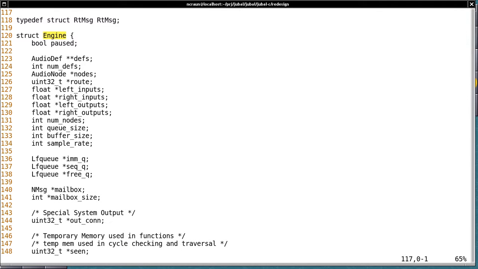Okay, so basically, with this audio program, a very important concept is the concept of real time. So on the real time thread,